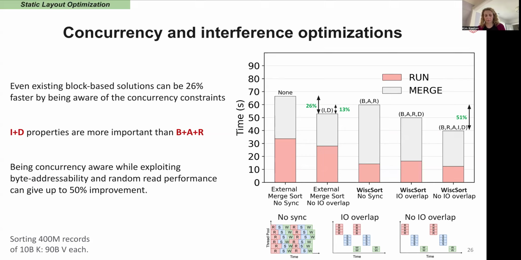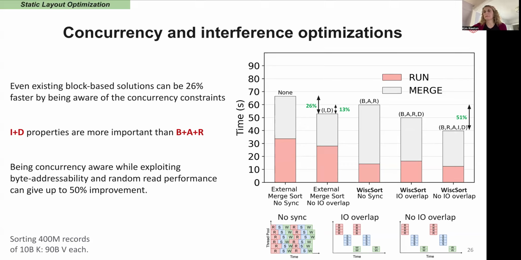In this graph, the way you would read this is, on the x-axis you have different sorting implementations, that's external merge sort and WiscSort, but with different concurrency models. Right? External merge sort with no sync, external merge sort with no I overlap versus I overlap, and so on. So what we're trying to get at here is what properties of this BRAID model are more important than others